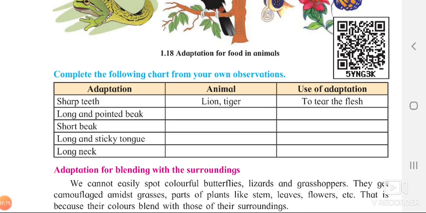Can you tell me which birds consist of this long neck? Yes, it is the stork which is having this long neck. Then what is the use of the adaptation? Normally it is having the long neck, and in the same way it consists of long legs also. While walking, it can easily catch any of the prey or any of the insects for them to eat. That is the use of this, or you can say this is the use of the long neck to that particular stork bird.